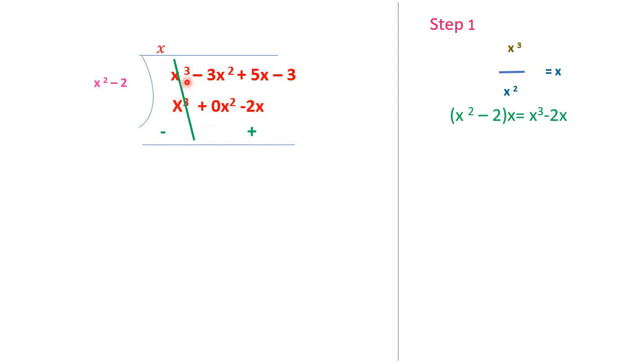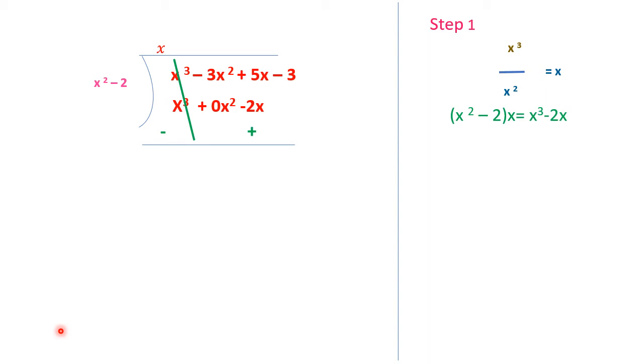After that, you just start adding them. Now you can see that x cubed minus x cubed got eliminated. And this must happen in every step, that the first term should get eliminated. If the first term is not getting eliminated, it means you have committed a mistake over here. Because what is our goal? Our aim is to remove the terms one by one, reduce the number of terms in the dividend. How shall they get reduced? If the first terms become 0. So stepwise, they will become 0.